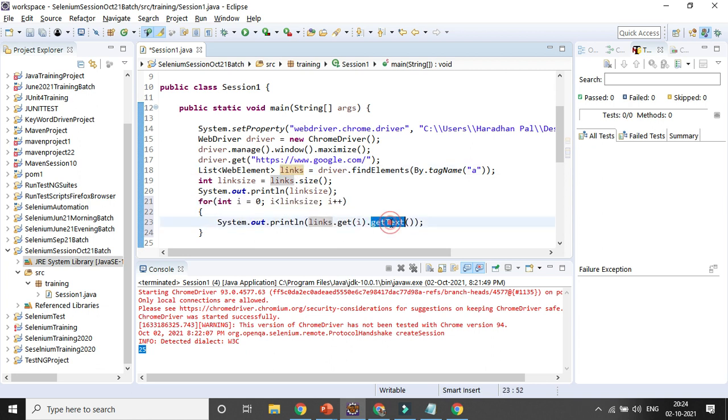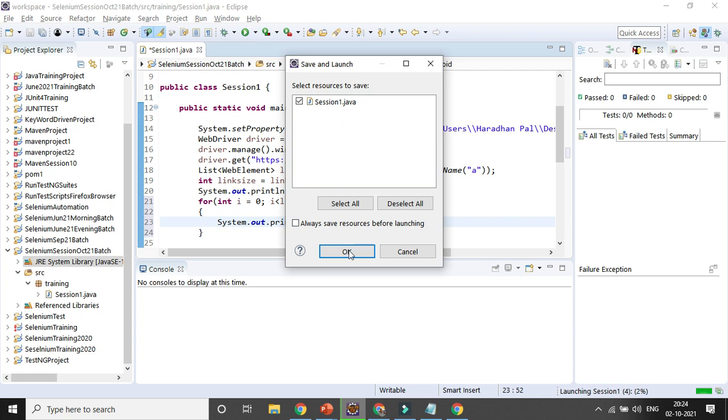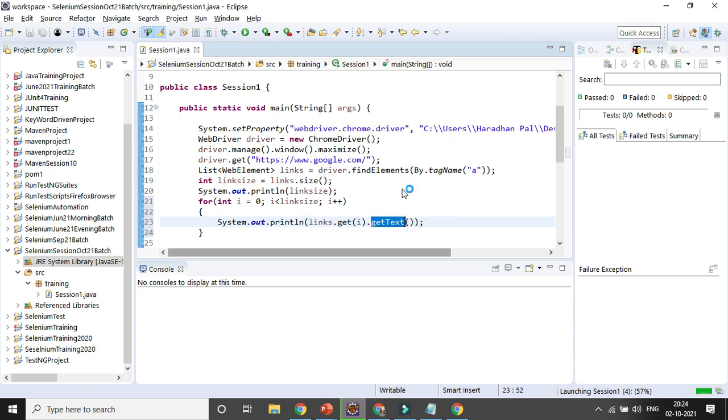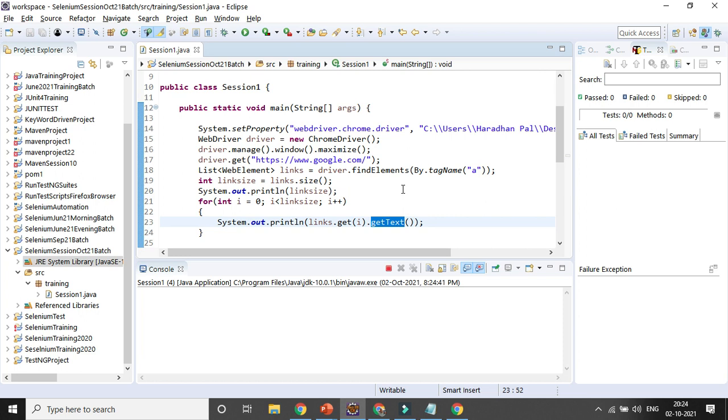Now if I run my code, it will give me the 25 links count as well as the link text for each and every link. That's why with the help of find elements as well as tag name, I can interact with multiple elements using Selenium WebDriver.